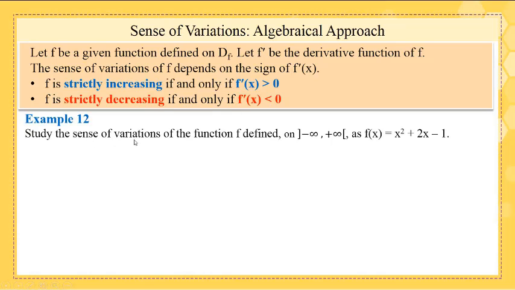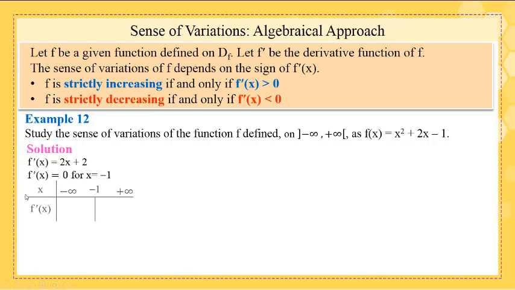Example, study the sense of variations of the function f defined by the following expression. First, we must determine f prime of x, which is equal to 2x plus 2. Second, we must determine the roots of f prime of x, which is minus 1. Third, we must set up the table of signs of f prime of x. Here, since f prime of x is a polynomial of degree 1,